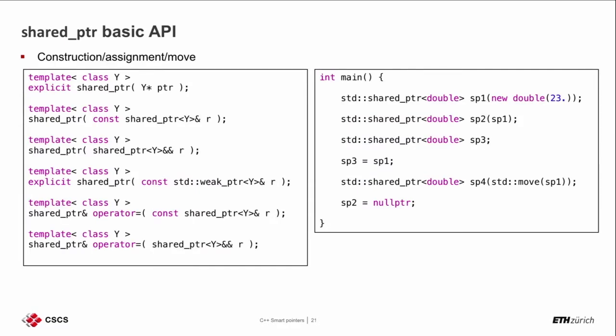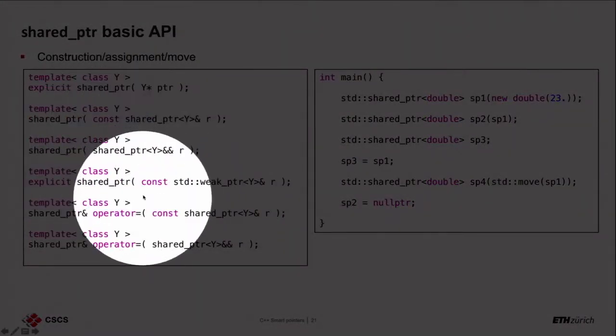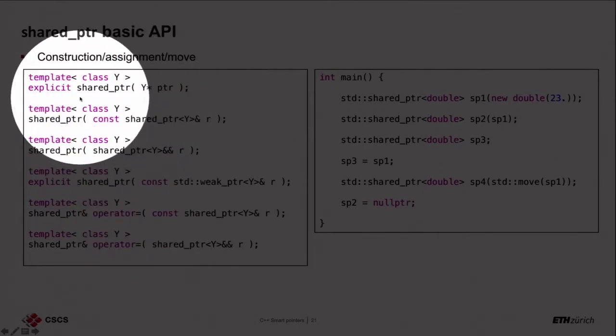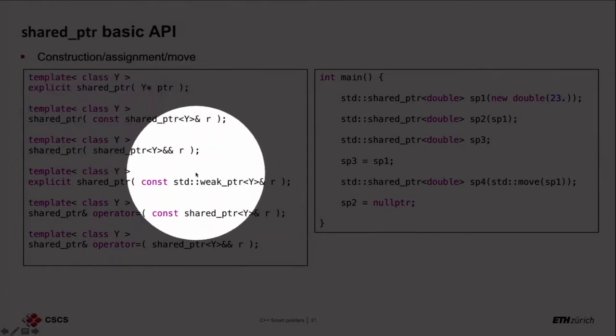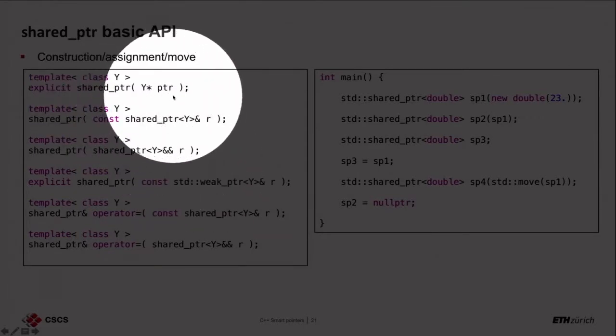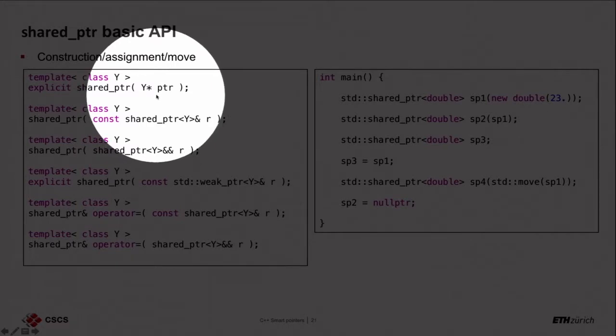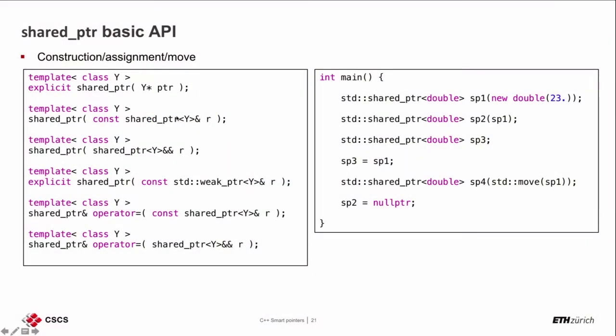Okay, let's have a quick look at the basic API of the shared pointers, how we can construct them. This is more or less a complete list. Not everything is here, but these are all the ways you can create this new shared pointer. So you can do that by passing a raw pointer. This is the first line of my first example. You can use a copy constructor. There is the move